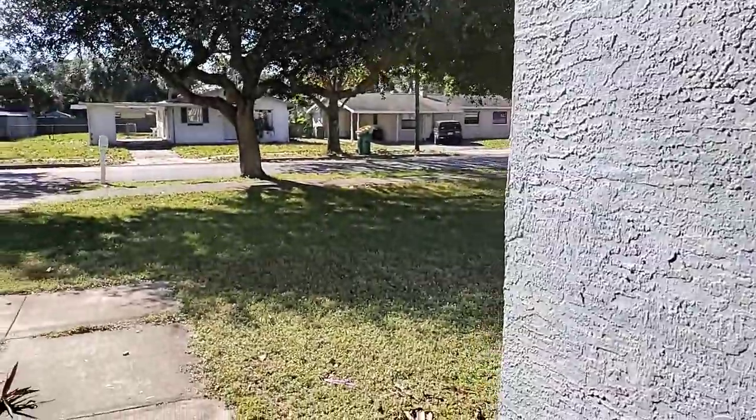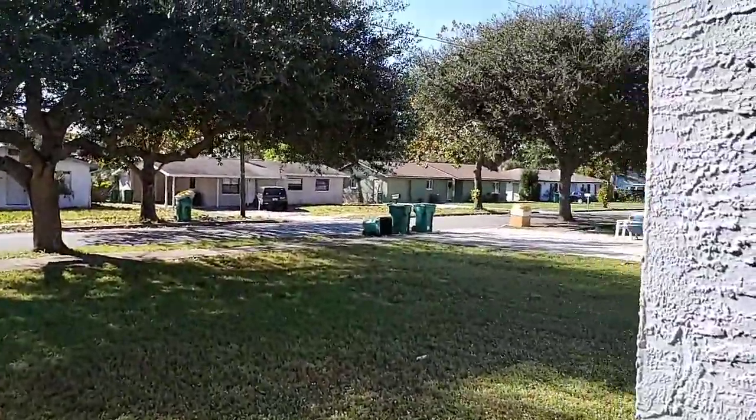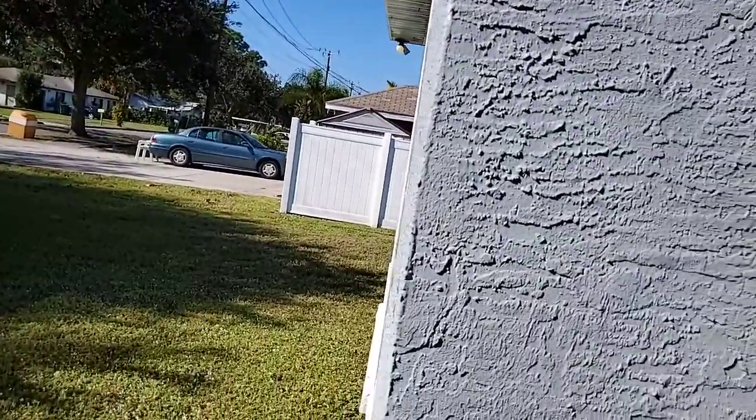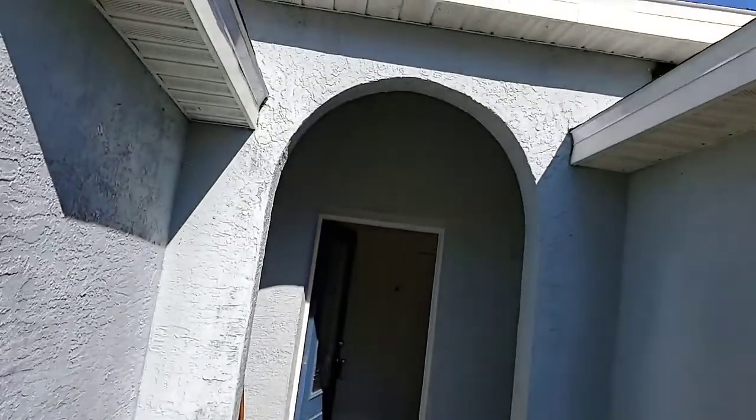This is Karina Danninger with Keller Williams coming to you live from Cocoa today. I'm on this very quaint street, and let me pan you around right now. You're going to see a very nice, quiet street with lots of mature trees, pride of ownership all the way down the block. I'm at this adorable concrete block home, 4-bedroom, 2-bath,